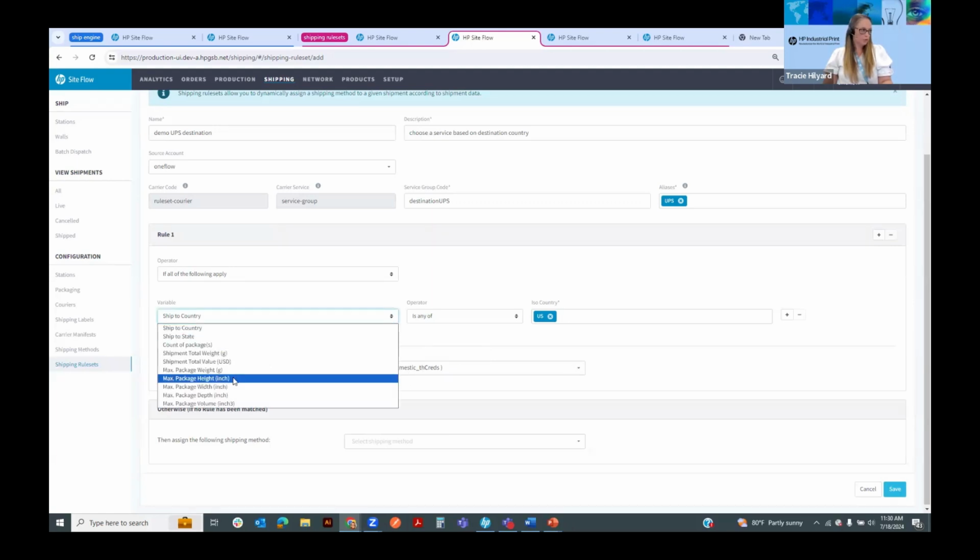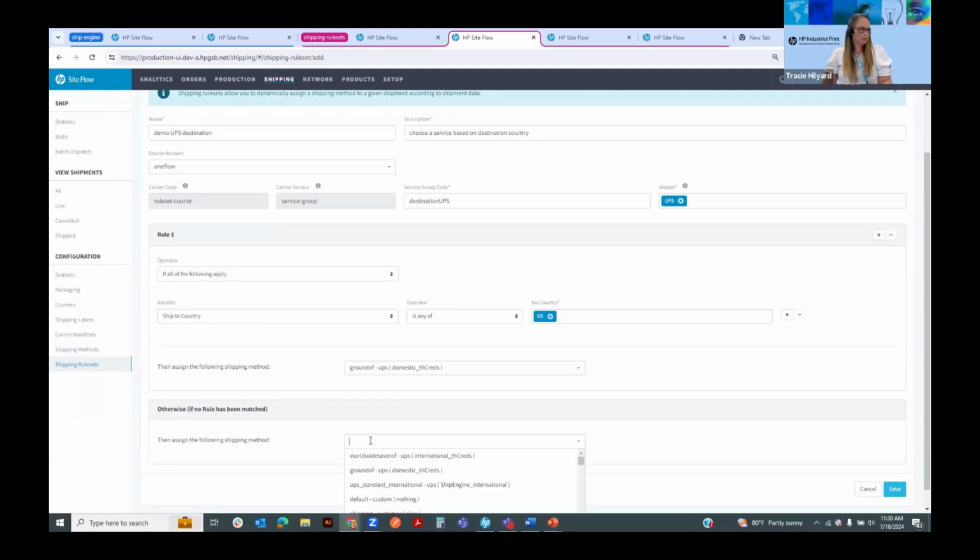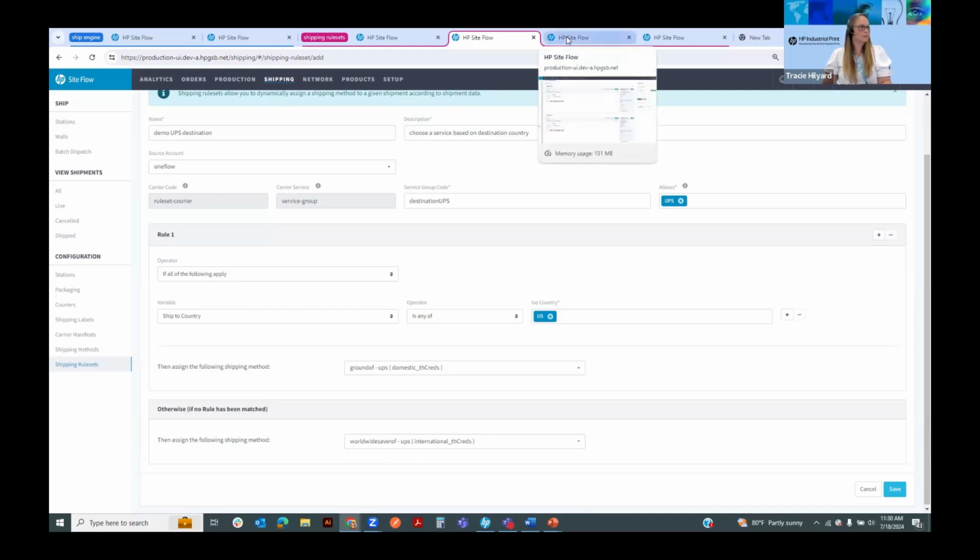Now you have your other options here as well that we've already seen, and you can have several of these. And then we have our otherwise, if that rule isn't met, we'll use the international shipping method. Once that's saved,